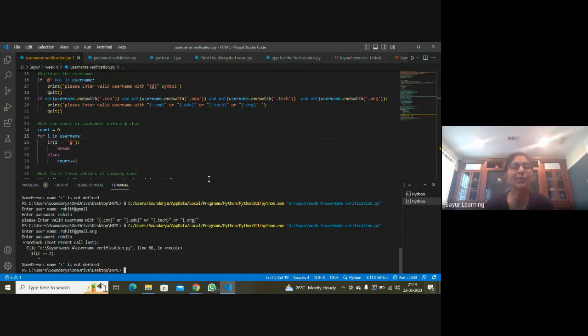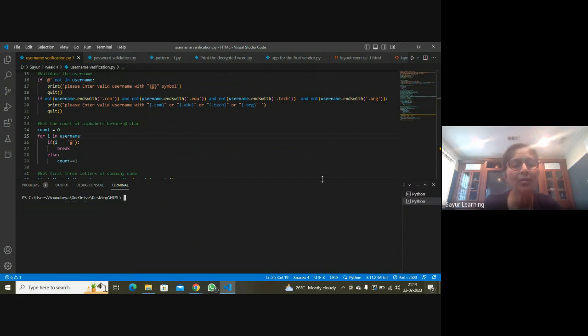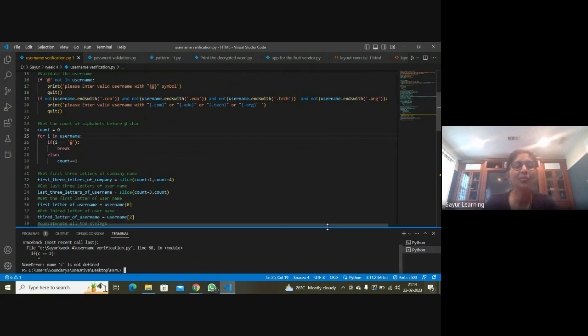Okay. All right. Now we look at the rest of the code. So we said don't use a for loop. Use a string function to find out the position, or get the username, right? All the letters before the at symbol, you have to get it. Okay, how do you do it? You're going to replace the first statement. How do you do it?